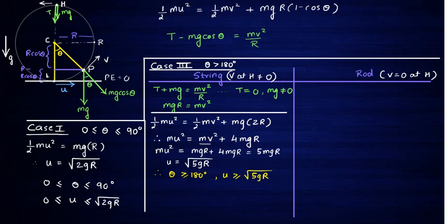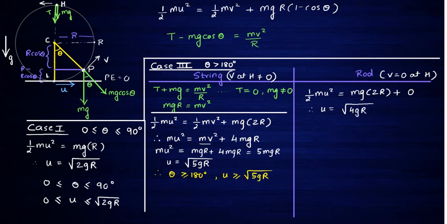Now if we make the analysis in case of a rod, then we don't need the force dynamics equation, we only need the energy conservation equation because v is 0 at the highest point. So we can write down in case of a rod half mu square is equal to mg 2r, because at the highest point v is 0, therefore kinetic energy is going to be 0. Of course the rod and the string are both assumed to be massless, so they do not have an energy component of their own. We are talking about only the energy component of the particle over here. Therefore u is equal to under root of